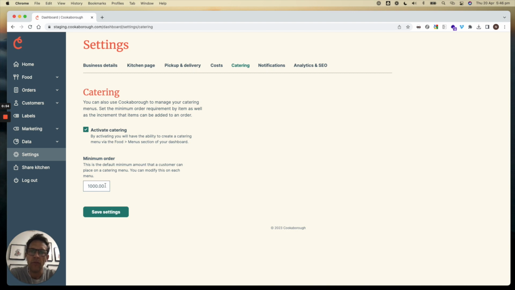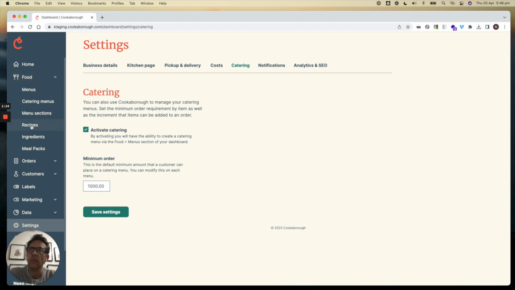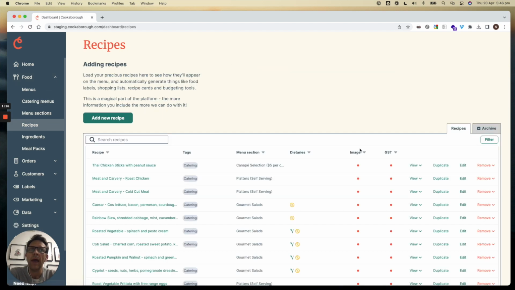You're able to override this at the menu creation level. So I've set it up as $1,000, but when I get to creating a menu, I can change that amount, but $1,000 will be my default amount. Now, once you've saved catering, what that does in your platform or in your dashboard, it triggers a few things that are new. So the first thing is in your recipes, you will now have,